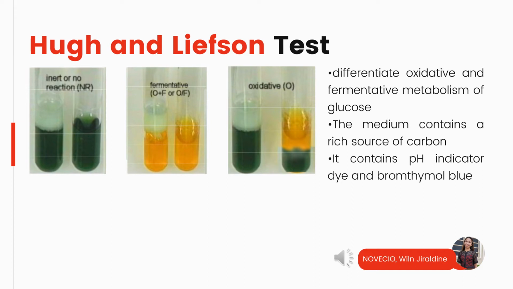Growth of microorganisms in this medium is either by utilizing the tryptone, which results in an alkaline reaction or dark blue color, or by utilizing glucose, which results in the production of acid, turning bromothymol blue to yellow. Production of acid in the overlay tube and open tube results in a color change and is an indication of fermentation. Acid production in the open tube only, with color change, is the result of oxidation.